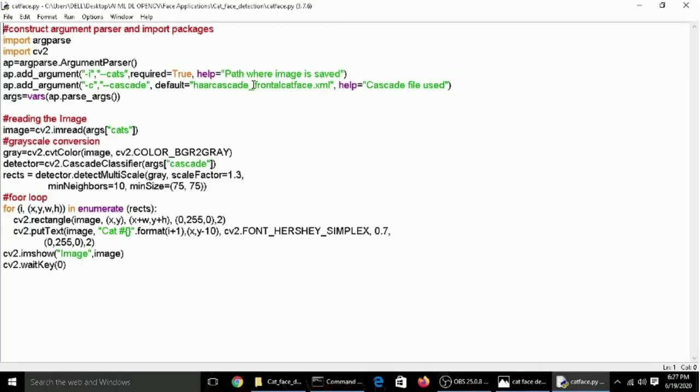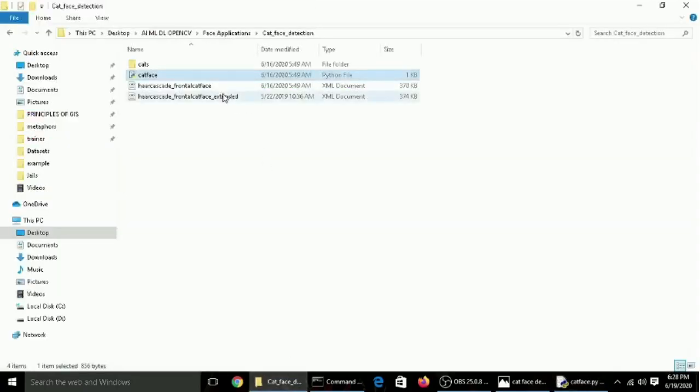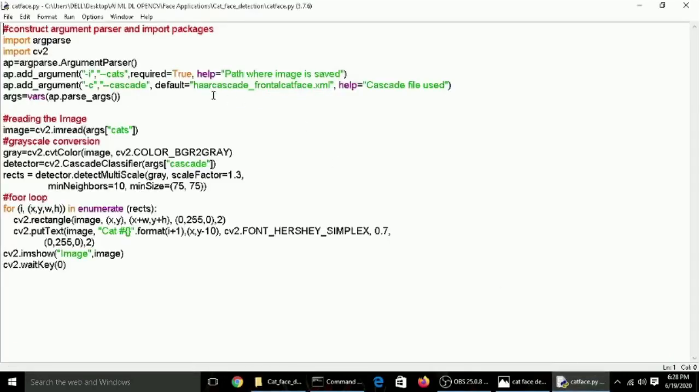Now if you install OpenCV, you will find many cascade files. Among them, you will find these two special cascade files, haarcascade frontal cat face and haarcascade frontal cat face extended. You can use both of these. I have used haarcascade_frontalcatface.xml. Here I have also used the help argument, which says cascade file used.